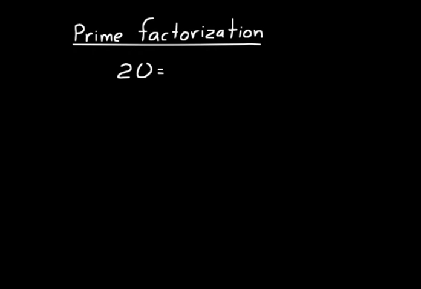So we know that 20, let's just say that equals 10 times 2. That's one way we could write that. And that's not broken up into prime factors, though. 10 is not a prime number, but 10 can be broken into 5 times 2, right? So we could say 2 times 2 times 5. Now that's the